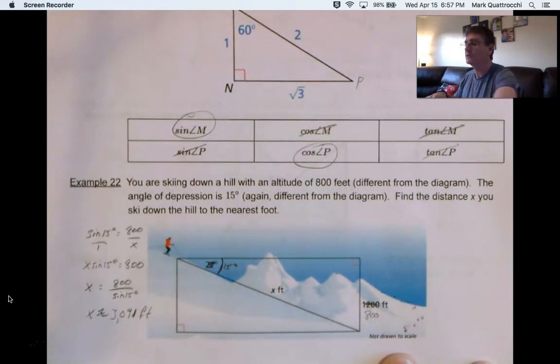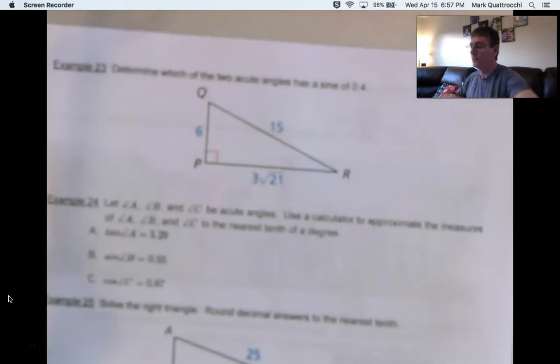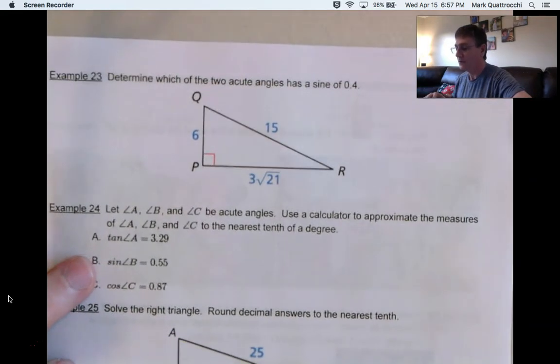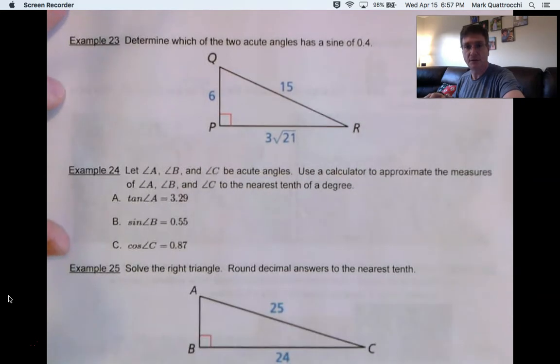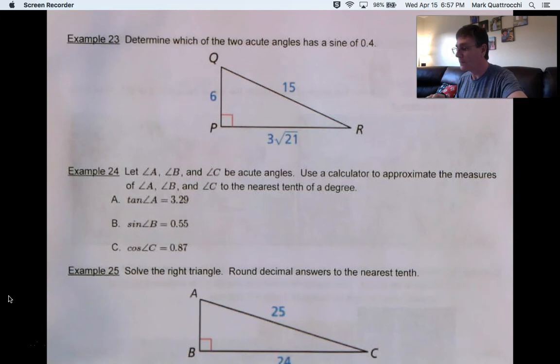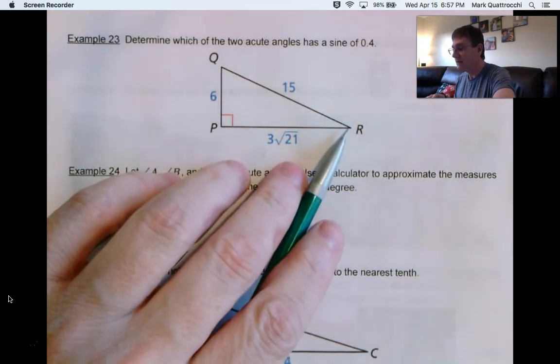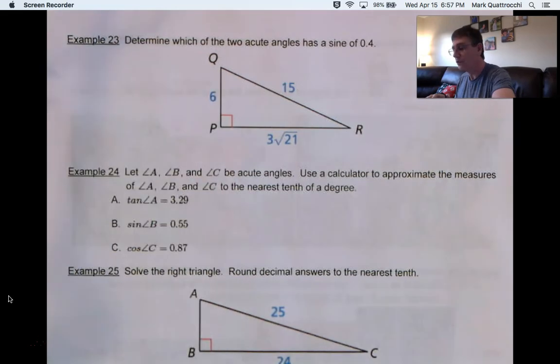Is the answer to example 22. All right, example 23. Determine which of the two acute angles has a sine value of 0.4. Okay, so is sine of R 0.4 or the sine of Q 0.4? Sine of Q,